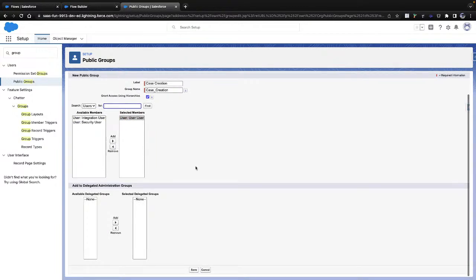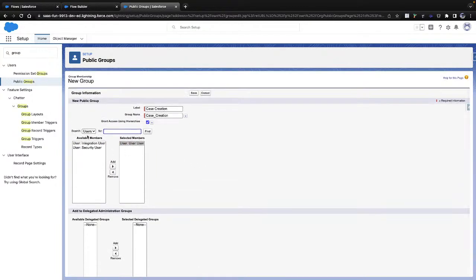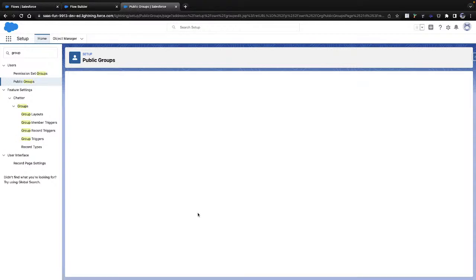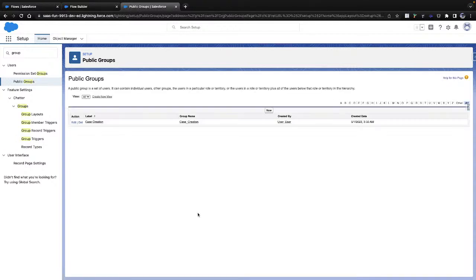If you are practicing, I don't think you will face this issue, but on my computer I'm facing it. I'm not able to select any drop down. As soon as I click, it just goes back. If anyone knows why this is happening, please put a comment. That's really helpful for me. So sometimes, due to these reasons, I need to reach out to some of the developers or team members, or otherwise I need to log into a different browser and work on it.